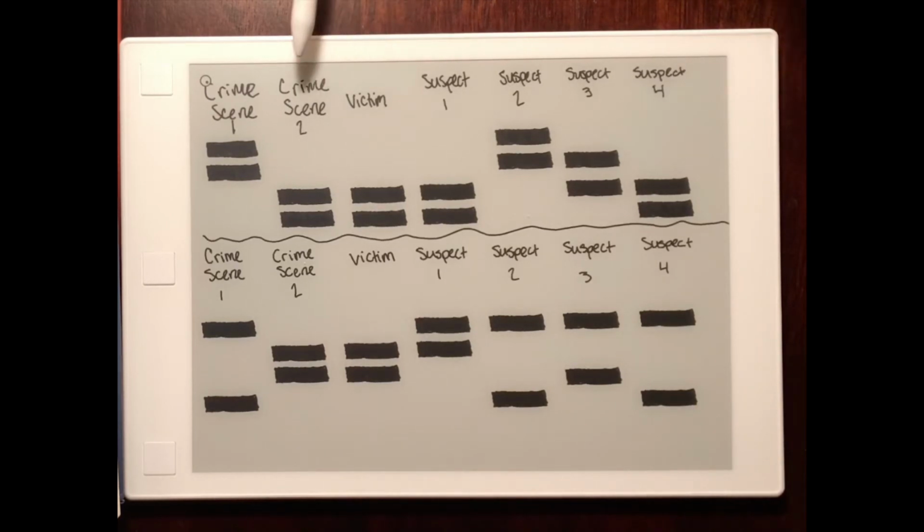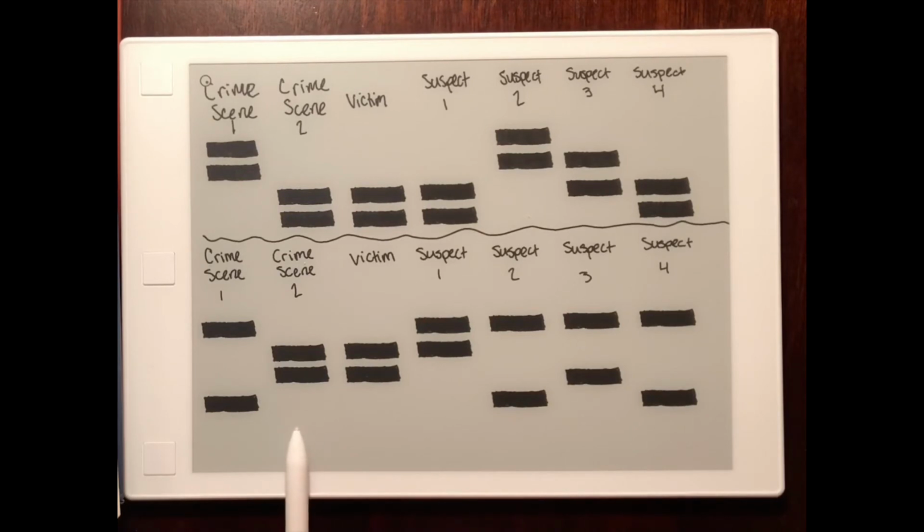So if you look at the second piece of evidence found at the crime scene, we can see that its DNA fingerprint matches up with the victim. It also matches up with suspect 1 and suspect 4. So immediately for this second piece of evidence, we know that it does not belong to suspect 2 or suspect 3. So we have to go look at the second gel